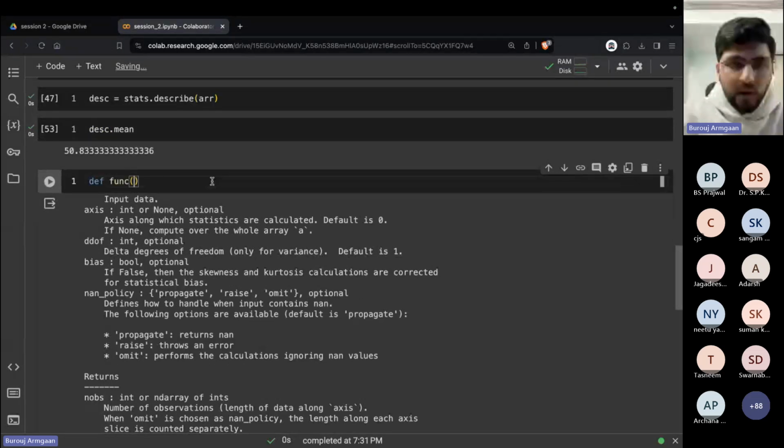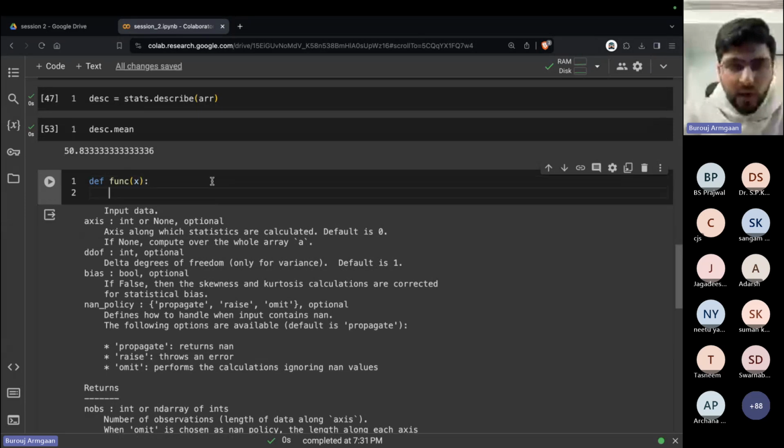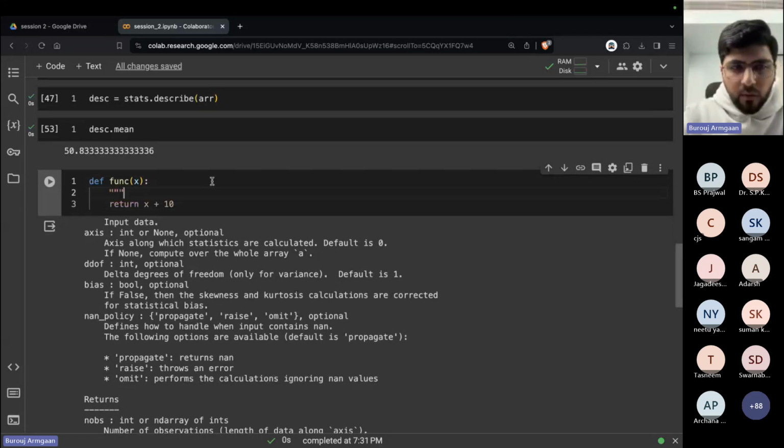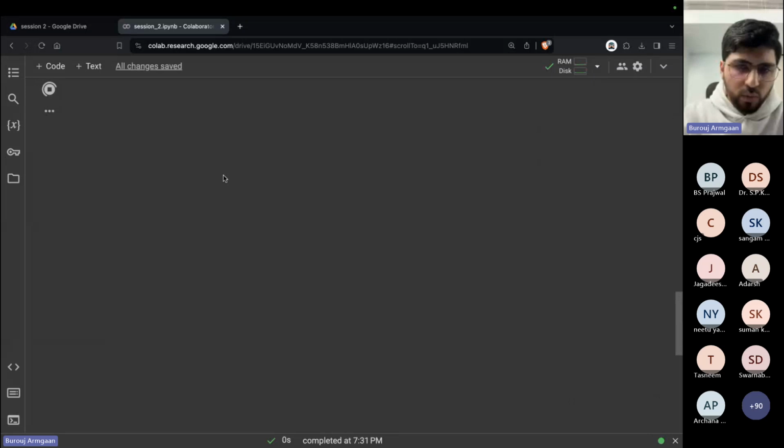Let's say we create a function func. It takes in x, and let's say it returns x. It does nothing basically, or maybe just x plus 10. So if you write production code, for example, or create any library, it is a good practice to have a description of your function between these three quotes. So let's say this is a dummy function that adds 10 to the input. If I run this